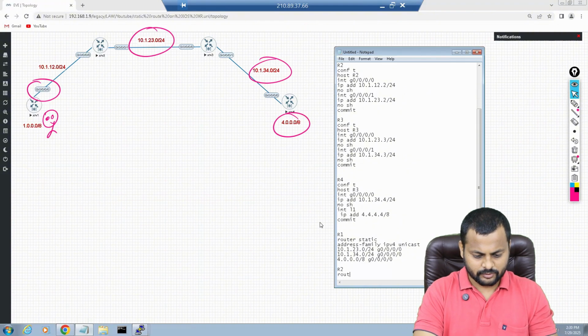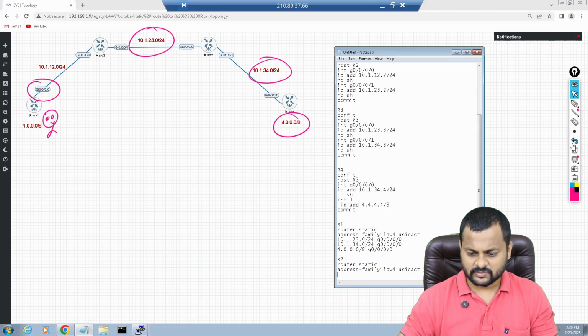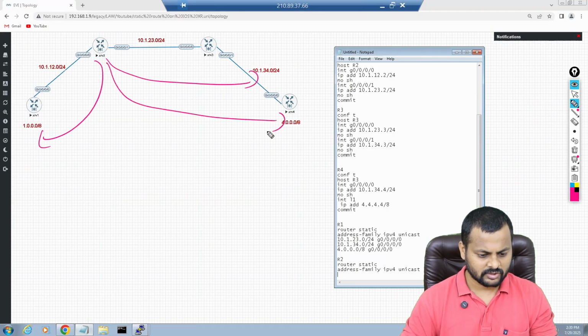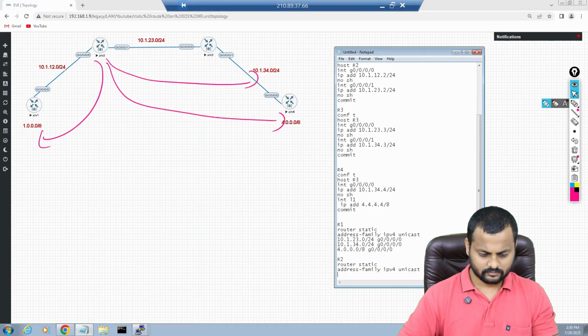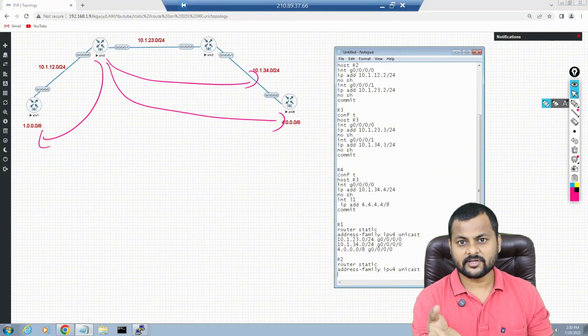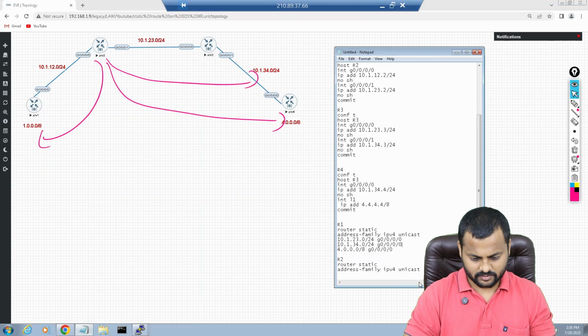Same thing on router number 2: router static, address family IPv4 unicast. From router number 2's perspective, I would like to go to this one, and then this one, and then this one as well. One of the best parts of a static route with exit interface is that it does not perform a recursive lookup. That's one of the great advantages.